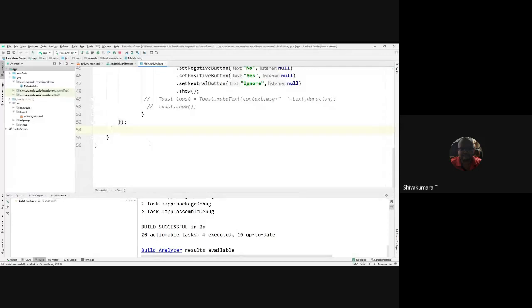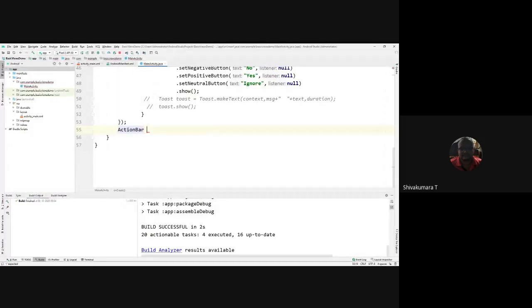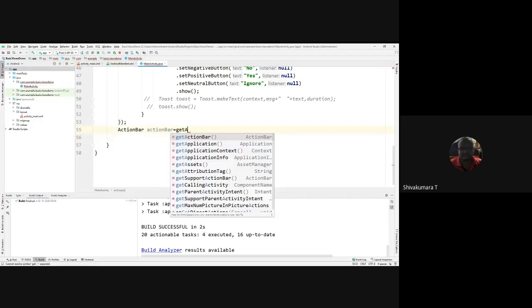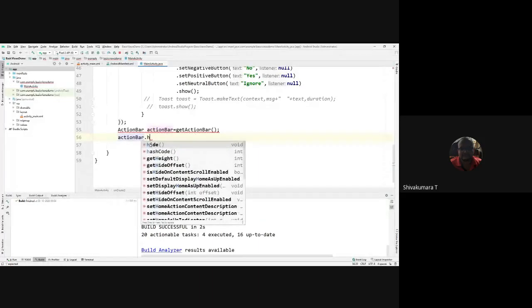You go with creating ActionBar action bar equal to getActionBar, then action bar dot hide.